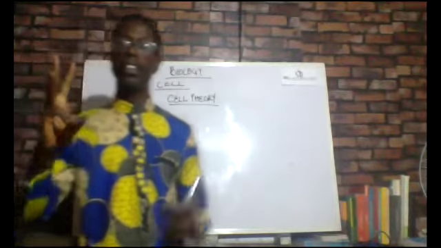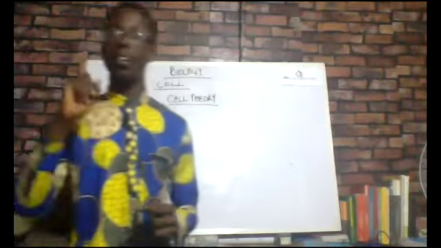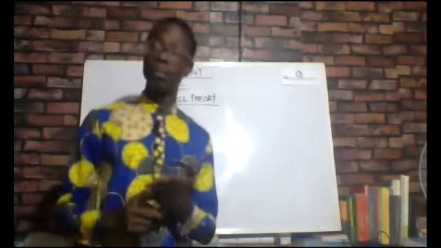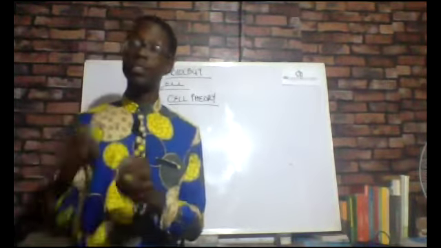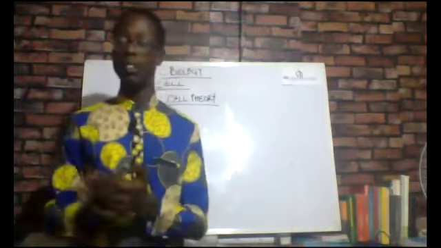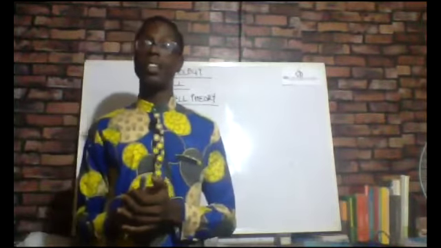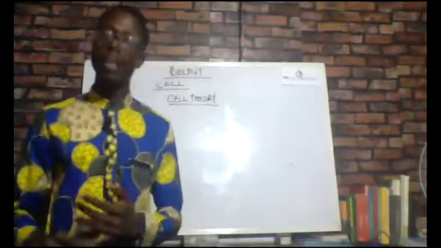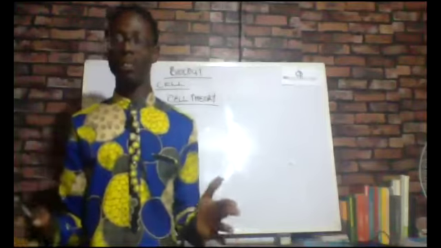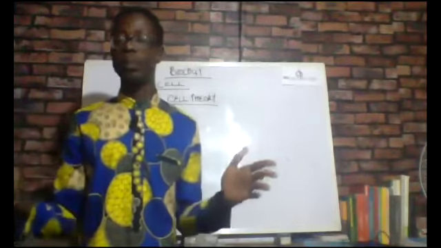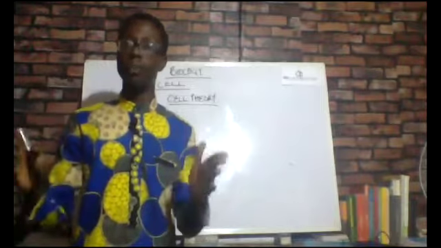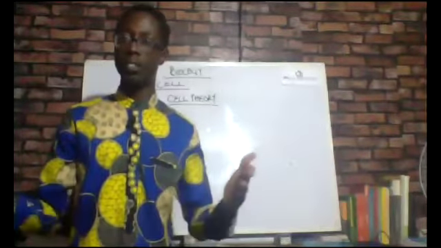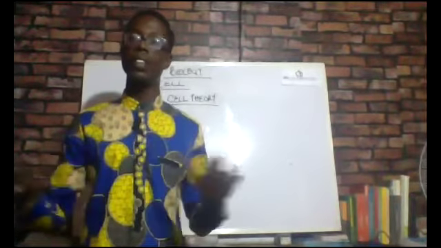The cell theory is just three. The first one is that the cell is the fundamental, structural, and functional unit of life. That is to say that it dictates the structure, how the organism will look, the shape, the form. It dictates the form, and it also dictates the function of every living thing in this life.